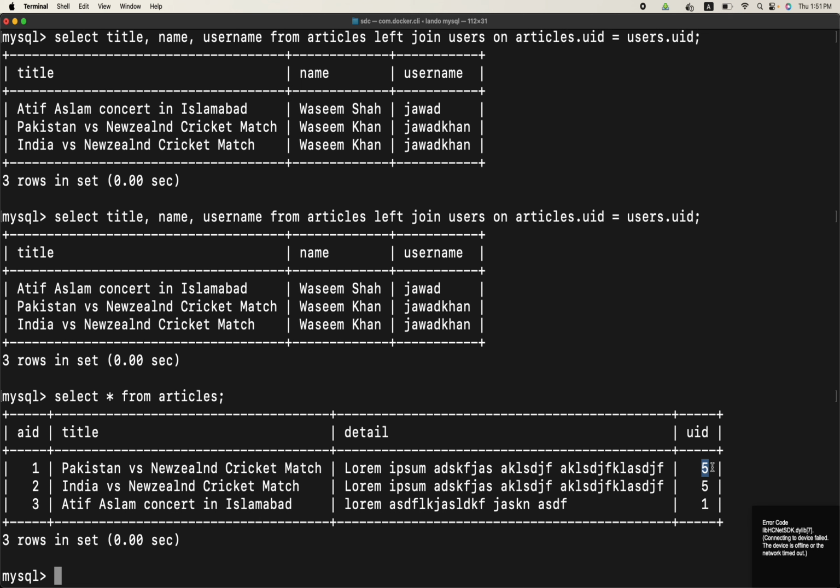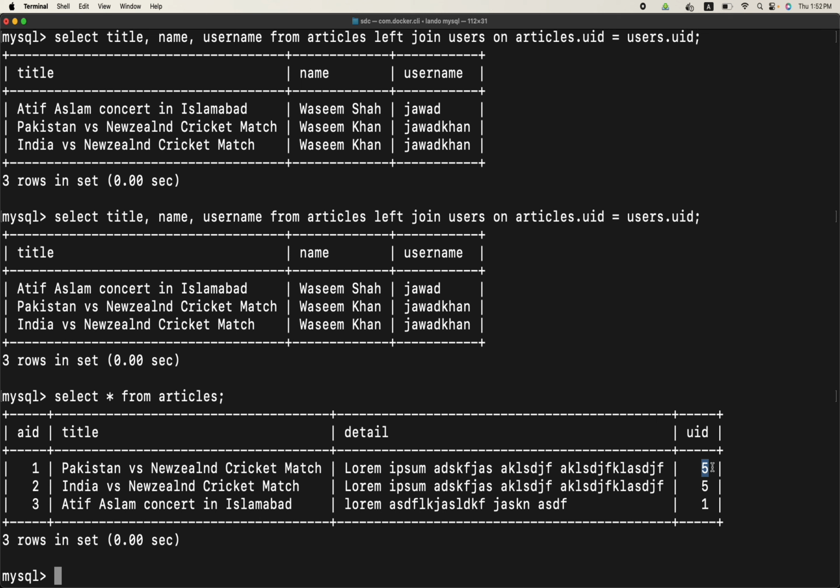So if after the join you have the same number of records, it means your join is okay. But after the join, if your records are more or less than these 3 records, it means your join is not okay. These are 2 rules, okay? If you need to show data from 3 tables,